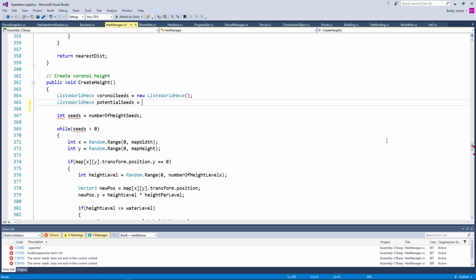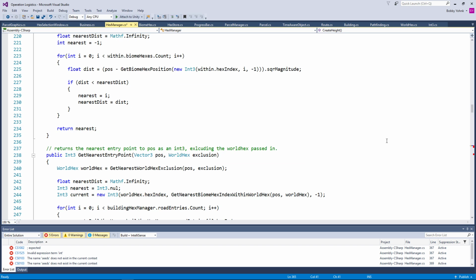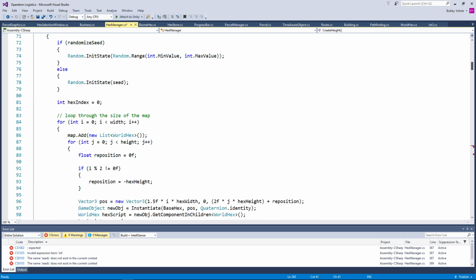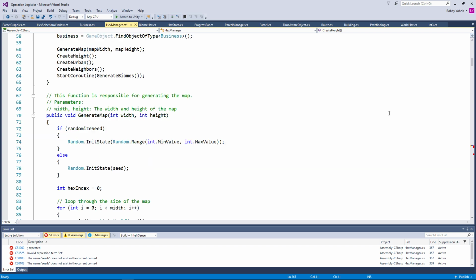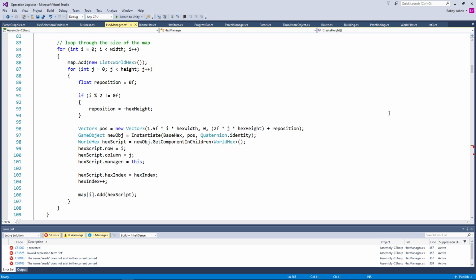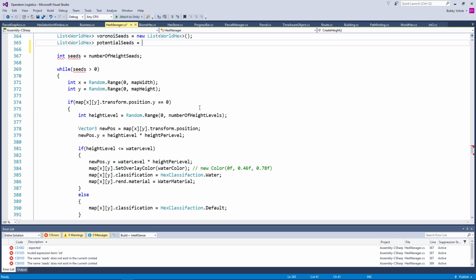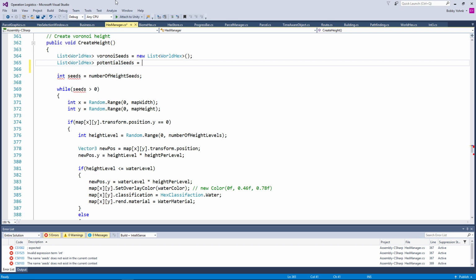So what we need this to be is essentially everything in that list, at least to start with. So do we have a reference to that we can use, or do we have to create one? I don't think we do. We have map XY, which isn't amazingly helpful here,